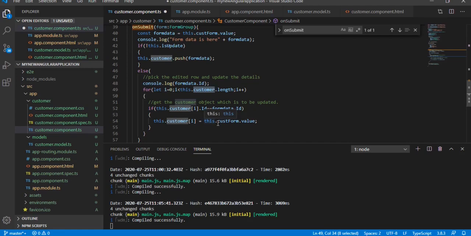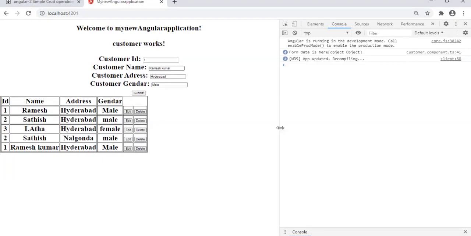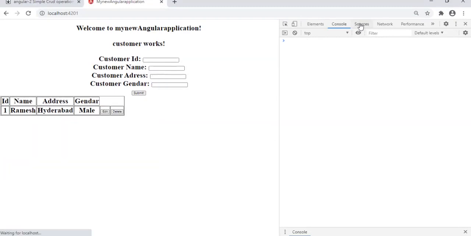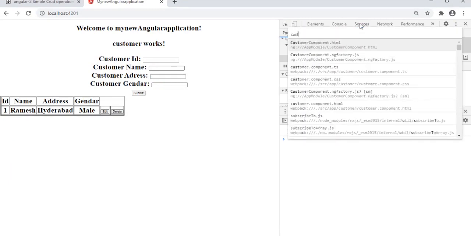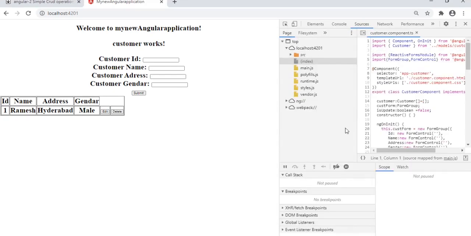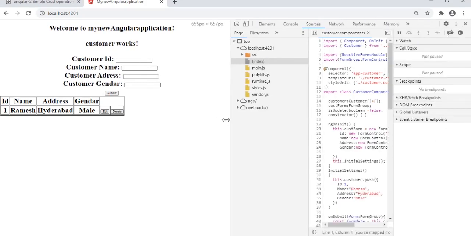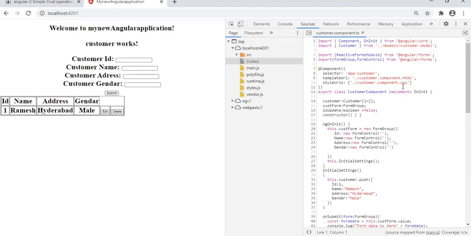We can do one thing actually, we can debug and see the exact issue. For debugging, go to Sources here, press Ctrl P, type customer component.ts, and select it.